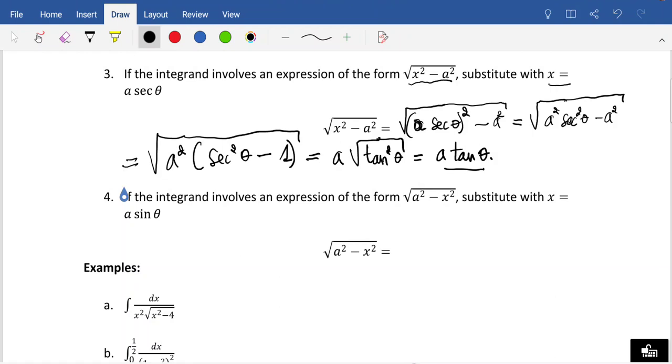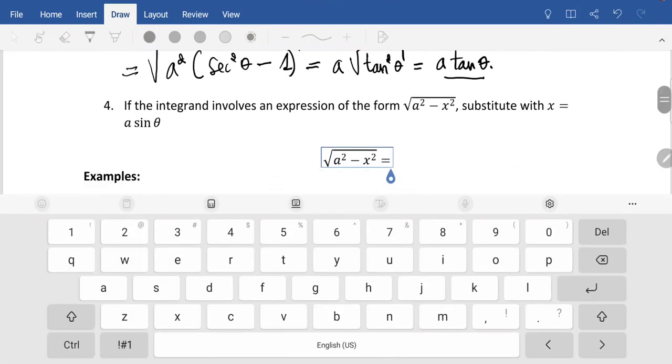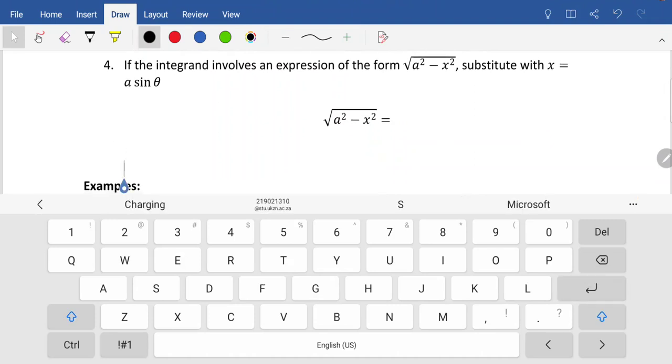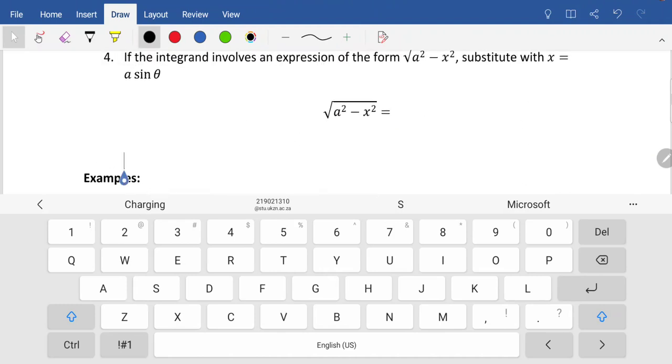which is just a multiplied by tan theta, which we can easily integrate using the rules that we've seen before. So the next rule that we'll be looking at is the one where we have the form of the square root of a squared minus x squared, and in that case we can use the substitution of x with a sine theta. And what happens when you do that is that you have then the square root of a squared minus a sine theta squared,